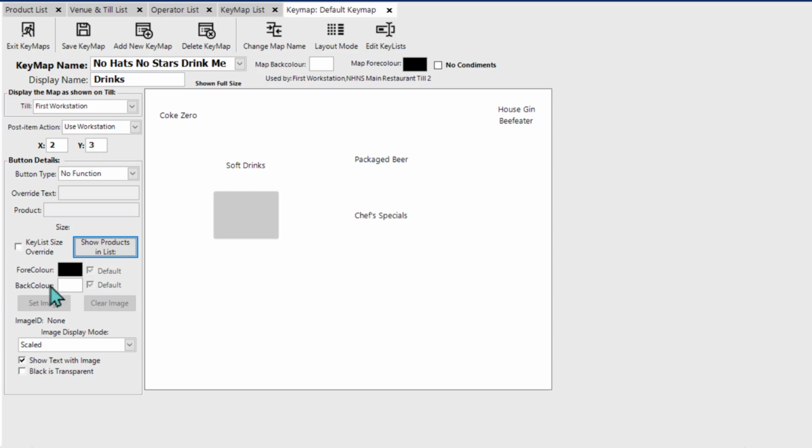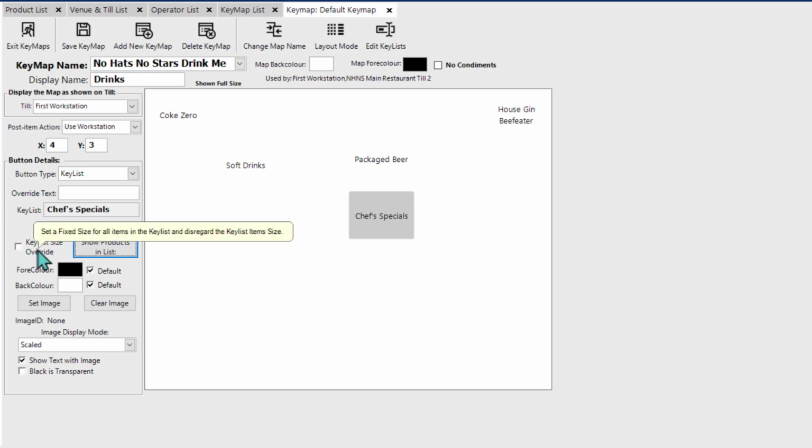Now, one final thing specific to our key list is this key list override flag, which I mentioned a moment ago. We just saw that when products are added to a key list, we can set a specific size, or we can leave it as select the size. There are some advantages to that, but it does mean that key lists could get a bit messy or be challenging to maintain. For example, prior to this key list size override flag being implemented,